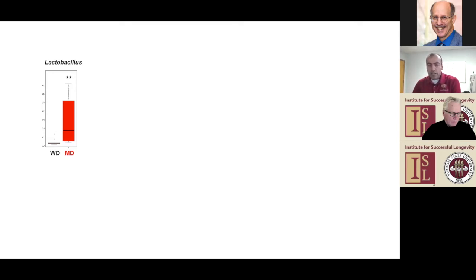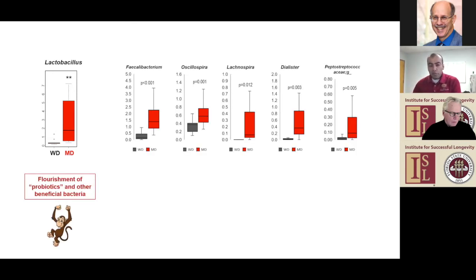But in addition to lactobacillus, we found that a few more bacteria were also significantly increased in these monkeys consuming the Mediterranean diet. One of them is Faecalibacterium, which is an active fiber degrader in our gut and an active butyrate producer in the gut. So it is also considered a next generation probiotic bacteria. And there are a few companies now trying to isolate strains of Faecalibacterium and endorse them as probiotics. In addition, we found Oscillospira, Lachnospira, Dialister, and a few more that were significantly increased. And all of these bacteria have been associated with good gut health in human studies as well.